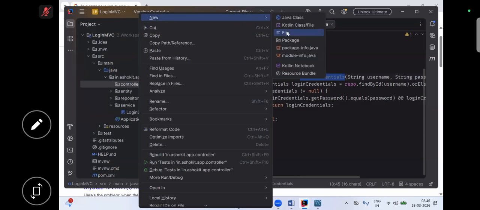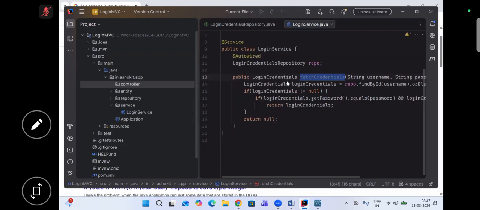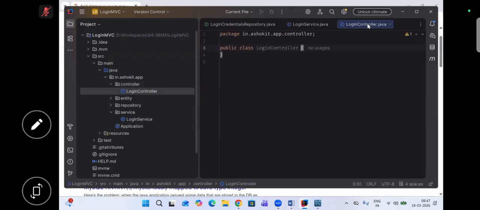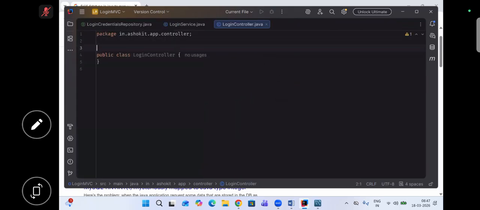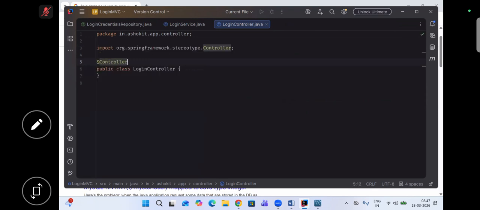Let's create my class name as LoginController. So how do we mark it as a controller first? @Controller. Now you can observe, controller is going to call